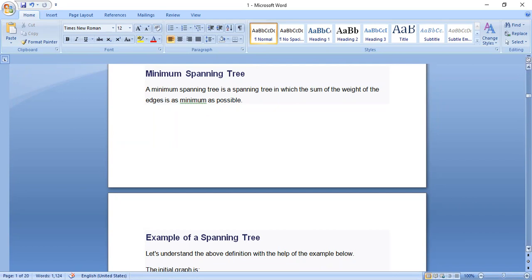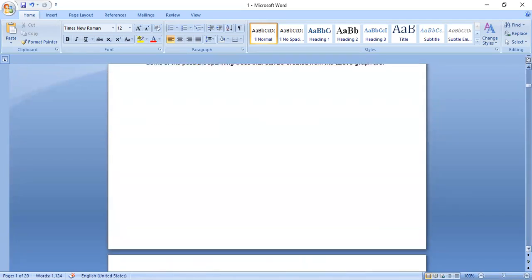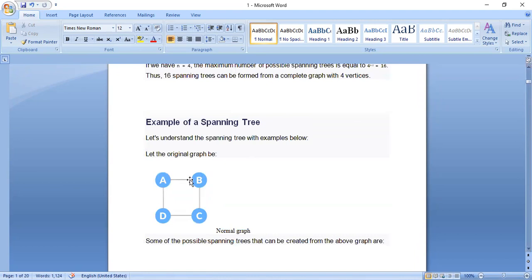In one word, if we take a graph, there is a number of edges and vertices. Traversing means I should visit all the vertices. But that is nothing but a spanning tree. Minimum spanning tree means in less distance, in less weight, I should visit all the cities. If you consider a city as a node, if there are n cities in a country, I can visit the n cities in different manners, in different ways. That is known as a spanning tree. Different ways is nothing but a spanning tree.